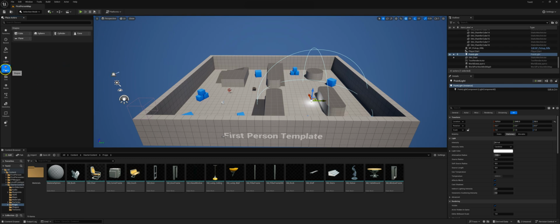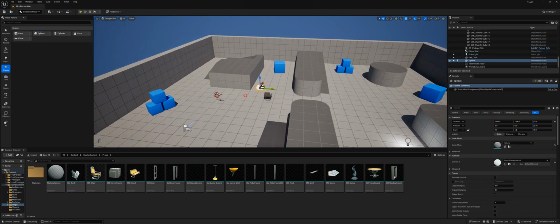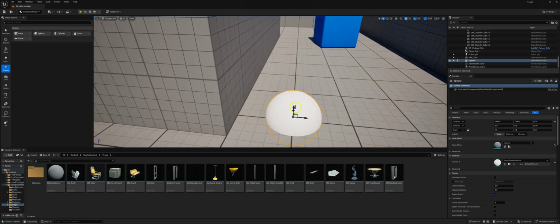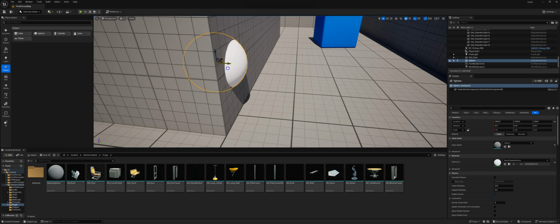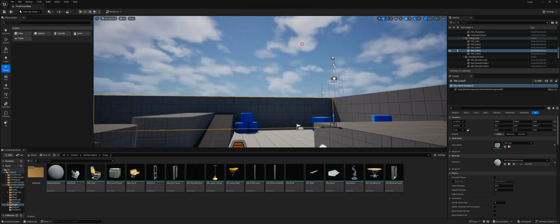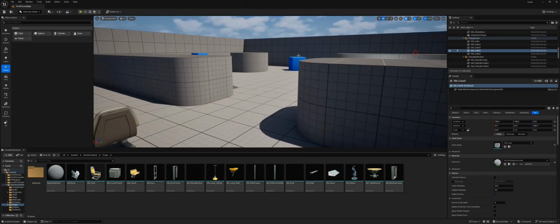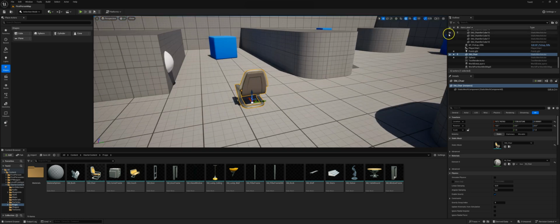Let's say I need a shape. I can just grab a shape. So let's say I need a sphere, grab a sphere. I need this sphere to be like a decoration on the wall. So I can go ahead and use my arrows, slide it in so that much sticks out. There we go. All right. So let's say I take the chair and click it, and then you can see over here